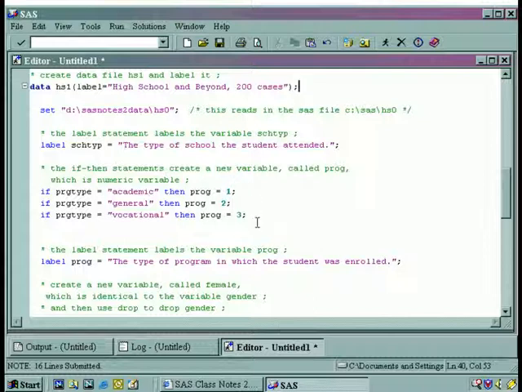So in this set, what we've done is said if this variable equals this value, and because it's a string variable, this value must appear in quotes. Use the keyword then. Here's the name of our new variable, and we set it equal to a value. And then we go through here and change all of the values. Now, we happen to know that absolutely every observation in this data set has a value of either academic, general,